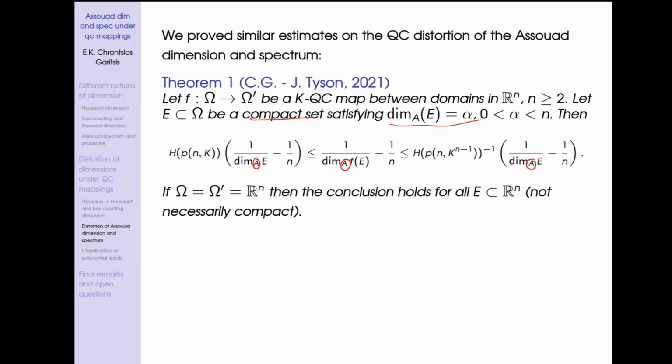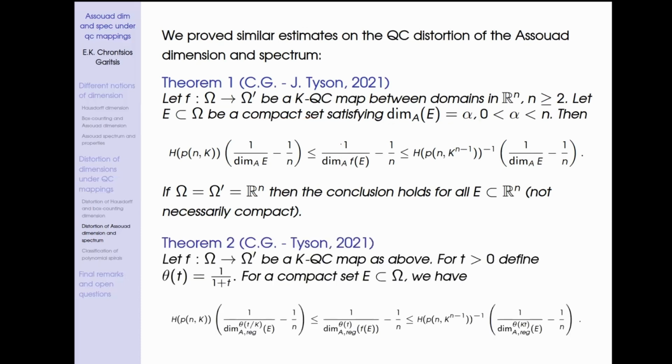Before I state the theorem for the spectrum, the naive approach would probably be to just think, okay, maybe the same estimate holds true for the theta spectrum here. That would not be quite right, because this variable is a variable that tells us the relation between the two scales, and the quasiconformal map can change those small scales. So we can't really expect to have the same theta on both sides of the estimate. Having said that, let us see what the result actually is.